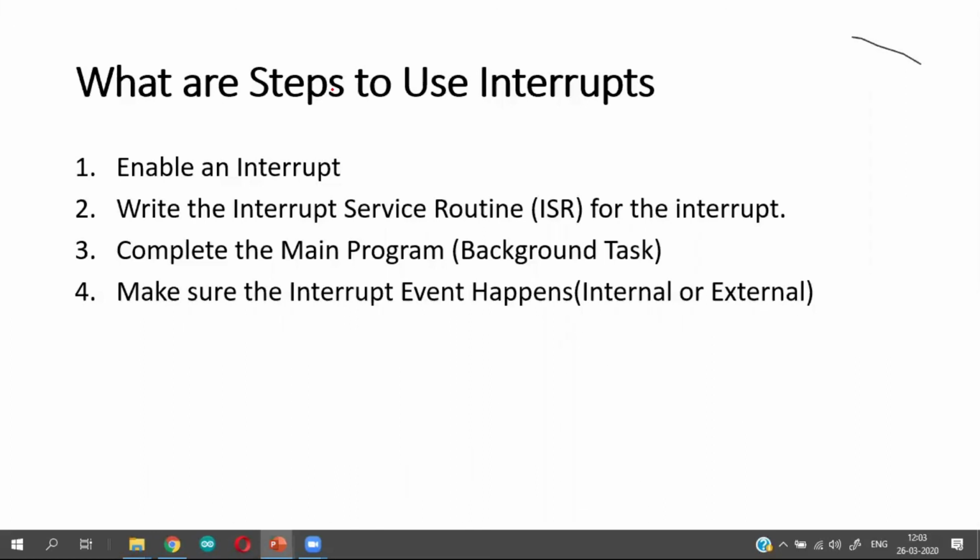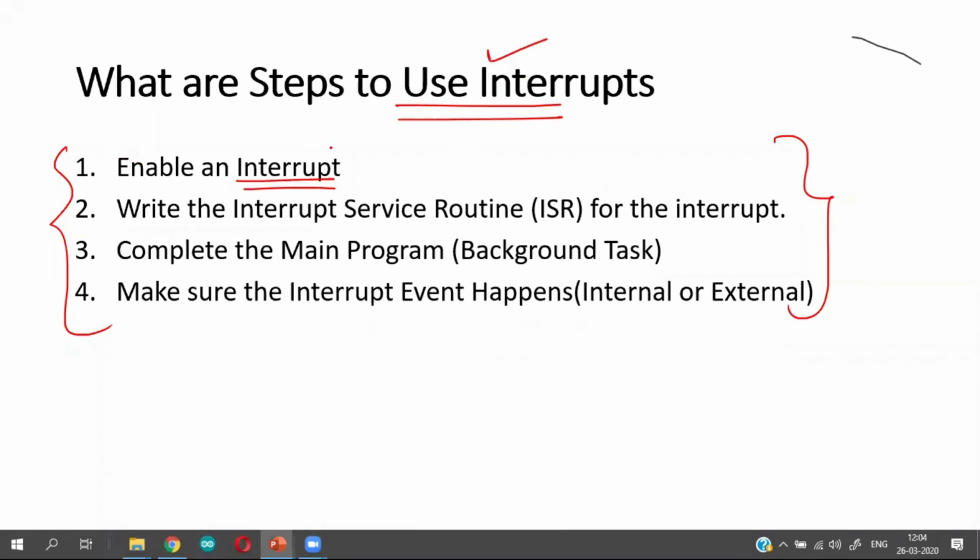So the last piece of information that you have to learn is, in order to use an interrupt in your microcontroller, you need to do these 4 steps. What are the 4 steps? First one, you have to enable an interrupt. That is why the timer overflow event, which was happening many times in our previous classes, was not firing interrupts, because we had not enabled them. So if you are planning to use an interrupt, it is necessary that you enable it first. So that is the first thing that you do.